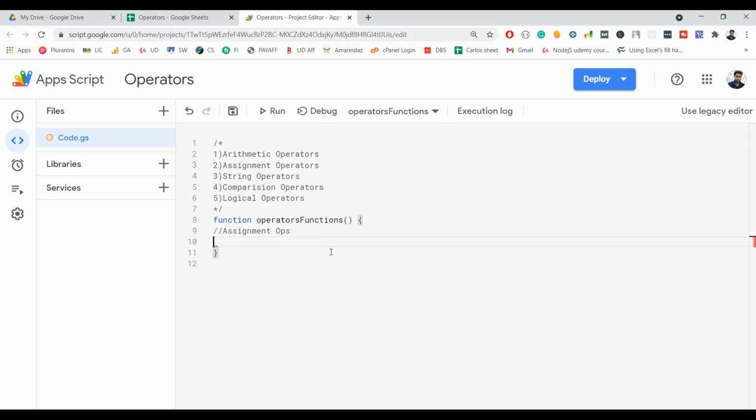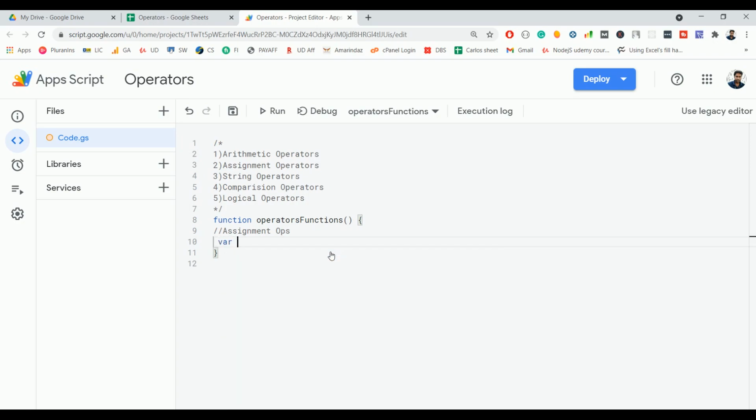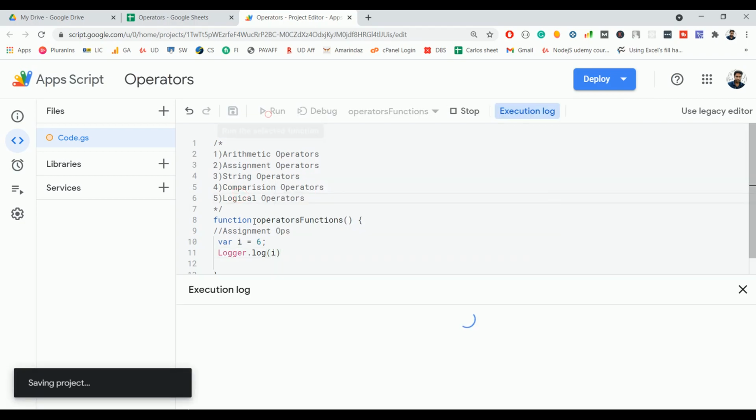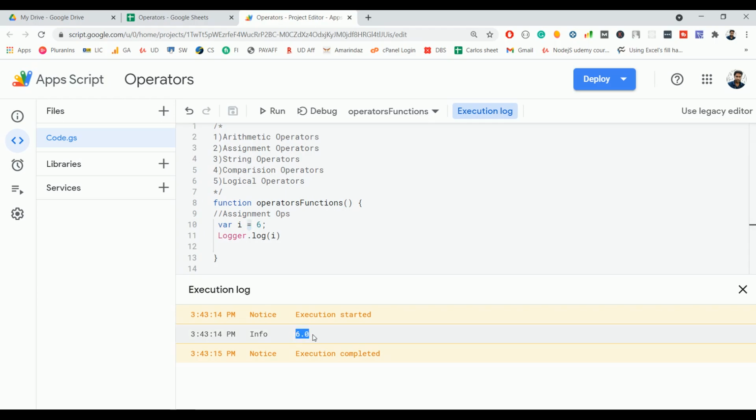This one you are pretty much aware of. So let's say I is equal to 7. This is a basic example of the normal assignment operator, and when you use the symbol equal to, whatever the value on the right side gets assigned to the variable on the left side. So if I print the variable I, I am going to get the value 6 because the value 6 is assigned to this variable I due to the assignment operator. So we look at the output, it prints the value 6 here.